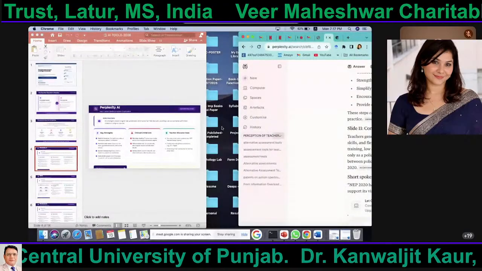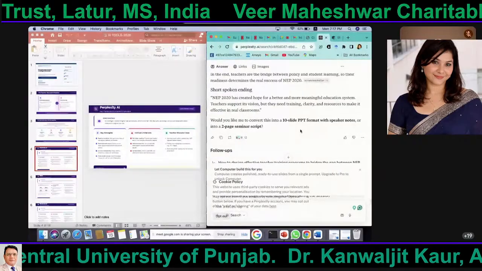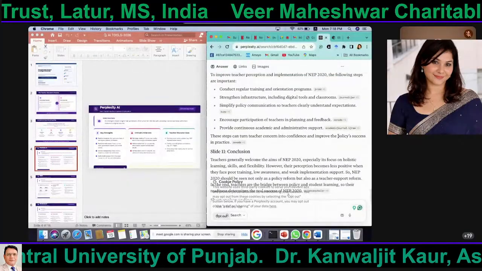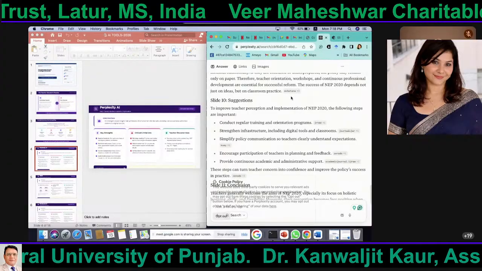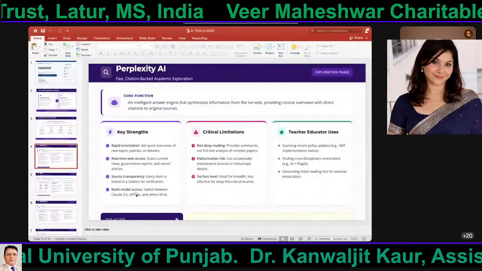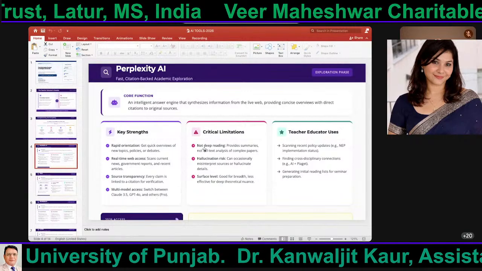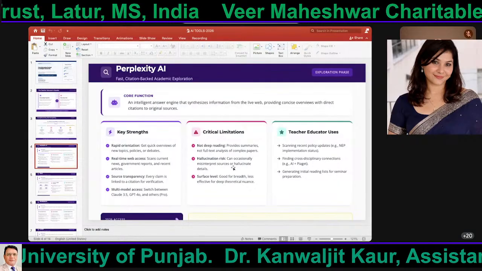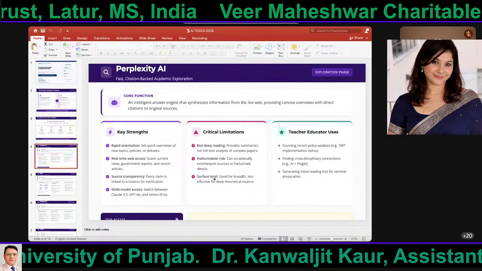See, अगर आप यहाँ पर देखोगे तो आपको दिखेगा, यहाँ पर sources mentioned, academic journal and so on, these are all the strengths. और next वो बोल रहे हैं multimodal access, yes, model they are using. Critical limitation I have told you कि not deep reading है. इसमें source की risk रहता है कि जो source ये बोल रहे हैं exactly that is right or not, or it's good for breadth.